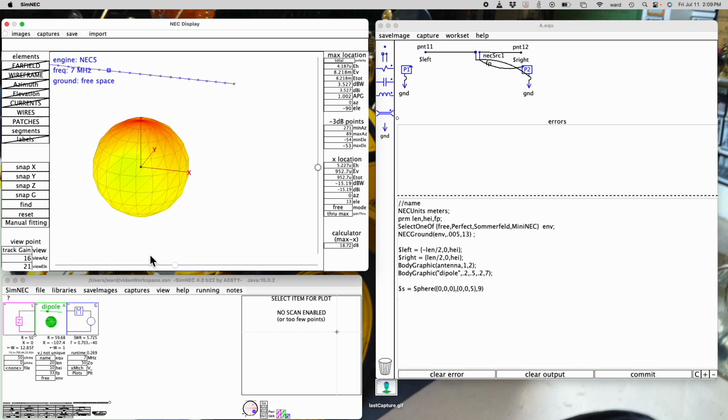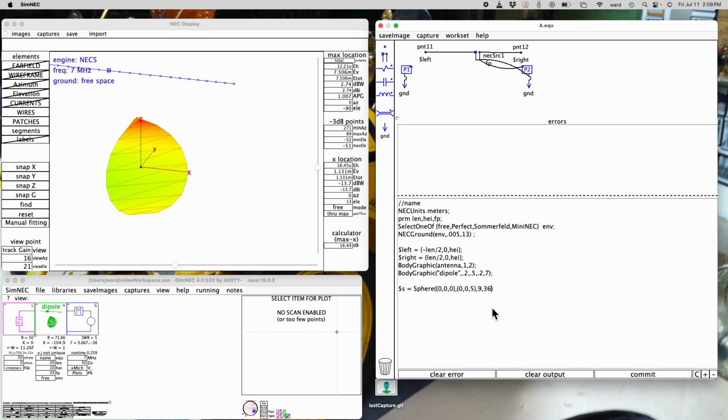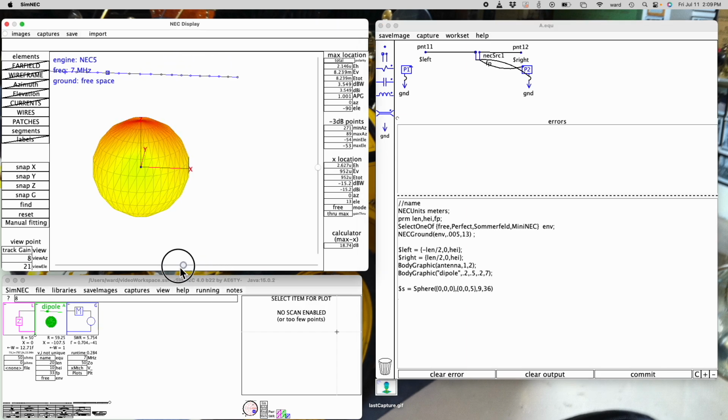The sphere can be truncated in a variety of different ways. It can have only a certain number of latitudes and only a certain number of longitudes, and I can specify that, but in order to specify that I have to first specify the number of longitudes. It's just the way it works. Let's make this 36. There's our sphere with 36 around, 9 high,